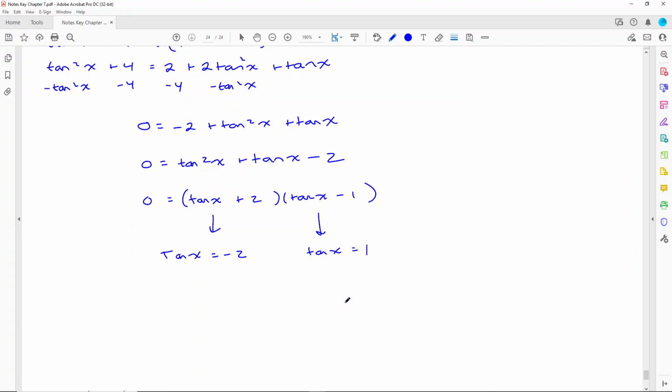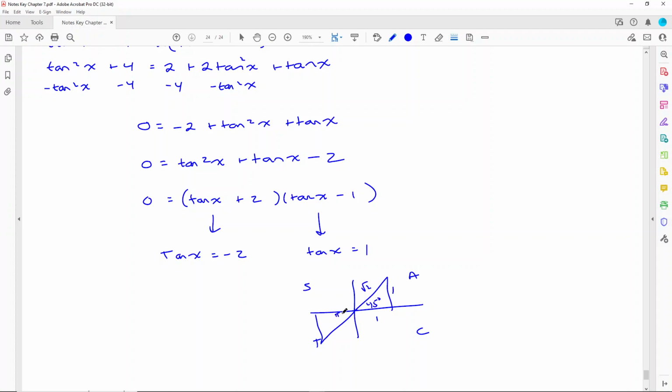Now looking at these, one of them is going to give me exact solutions, because you always want to give exact solutions where you can, and one of them is not. So I'm going to do this guy first, because I love exact solutions. So I'm going to look at this. I'm going to go cast rule. Hopefully this starts feeling repetitive. Tan is positive in quadrant 1 and quadrant 3, right, every pi. And then it's my 1, 1, root 2 triangle. So my reference angle is 45 degrees,